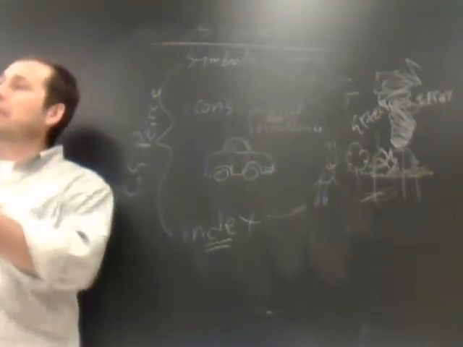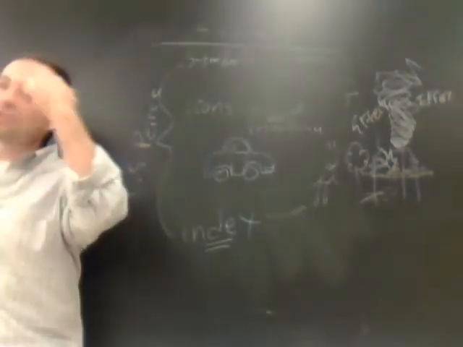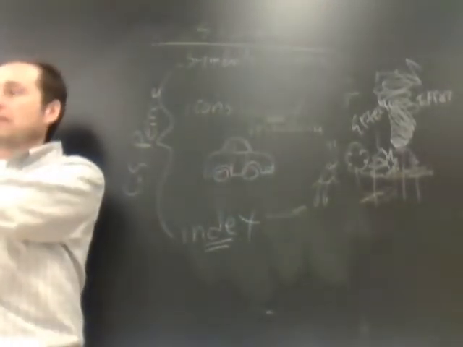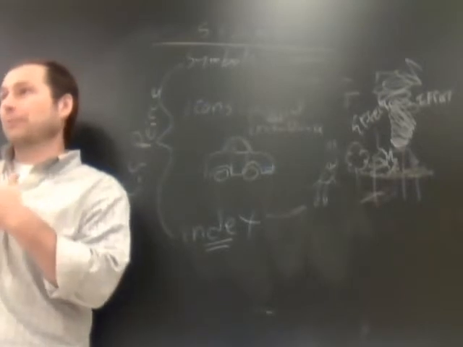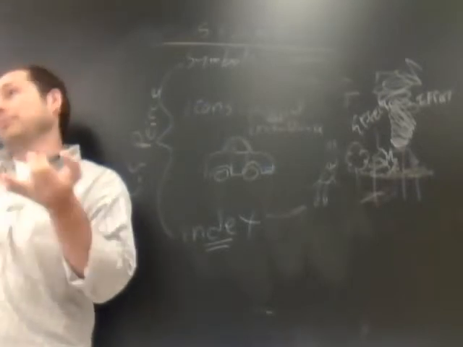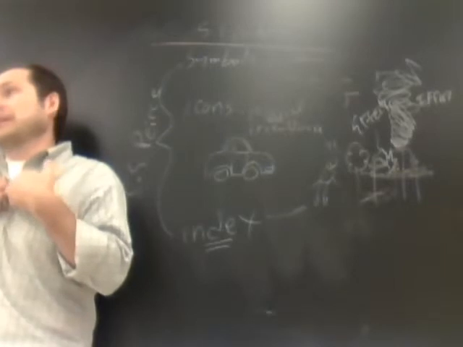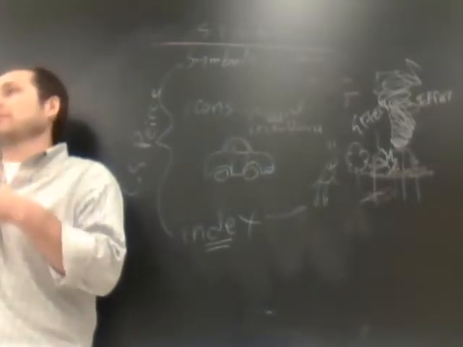But that would be an index, because Crusoe is thinking there's only one way this effect could have been caused. There's only one cause for this. Well, at first there's a couple. It's the devil, and then it's a human being. And the human being is not me, so it's got to be someone else, and he goes looking for someone else. So that would be an index, okay?